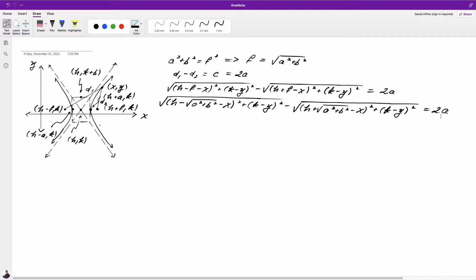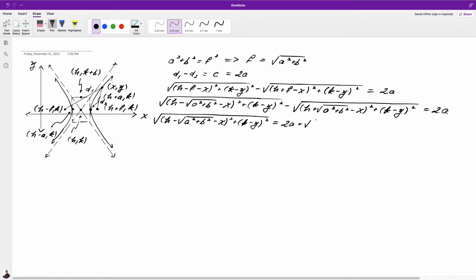Okay, so clearly we've got a radical equation that needs to be simplified, and it's going to certainly require a little bit of work here, but let's go ahead and just plug away at it. Okay, so I'm going to add this radical over to the right-hand side, and then we'll square both sides. So we're going to have here the square root of h minus the square root of a squared plus b squared minus x all squared plus k minus y all squared equals, right-hand side now becomes 2a plus, okay, adding